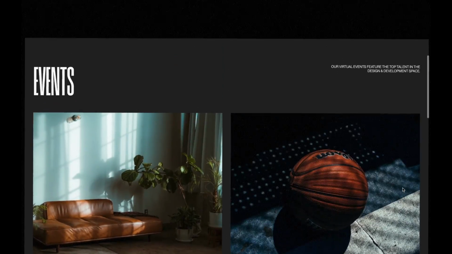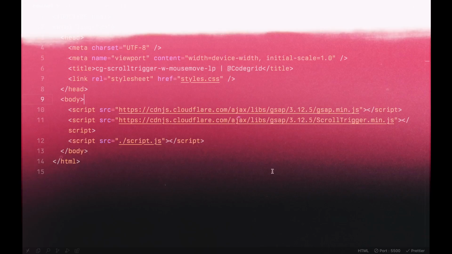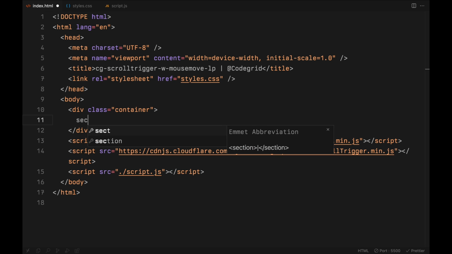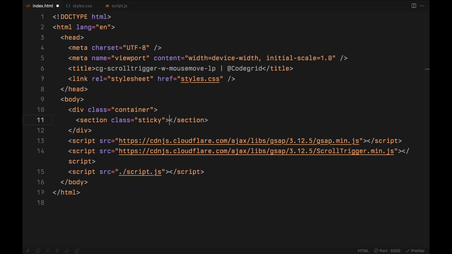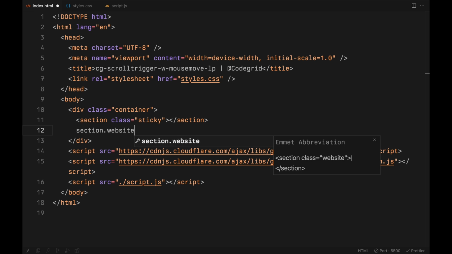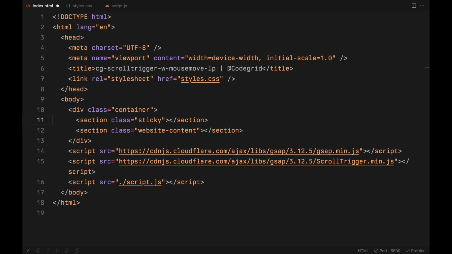Now, let's dive straight into the code without any further delay. Let's start by setting up a container. First off, inside this container, we will need two sections. The first one will be the hero section, which we will refer to as the sticky section because it will remain visible while scrolling. The second section will be dubbed the website content section, which will appear as we scroll